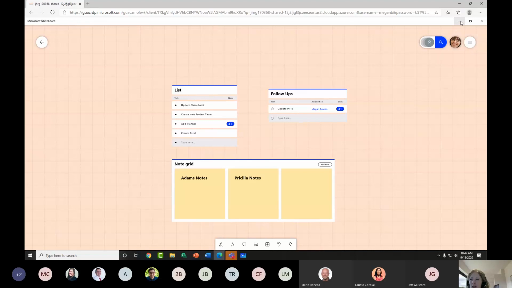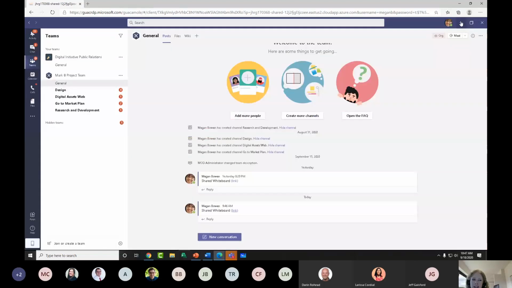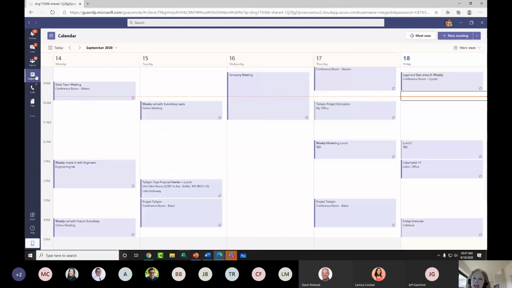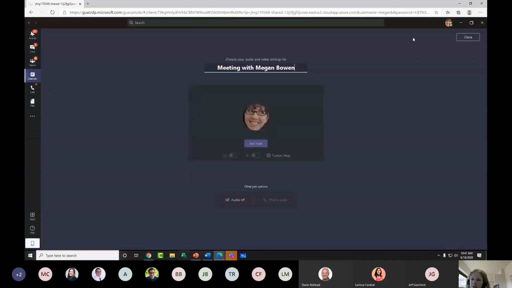Now, the last thing I want to look at, and guess what? Great news, this does not take very long, is if I go into a meeting, both an ad hoc meeting, which means a meeting that's on the fly, or a scheduled meeting that's in Teams, the Whiteboard app is also part of that experience. For this, I'm going to go into my calendar, and I'm going to do just a meet now. There are so many places in Teams to do this, but this would be an ad hoc meeting, and you'll see that it just says meeting with Megan because she's the only one.